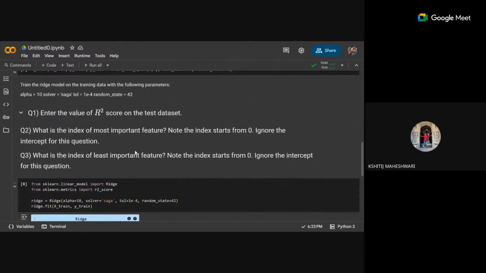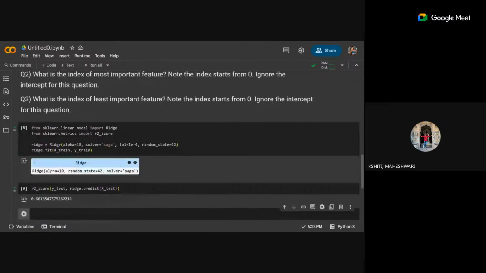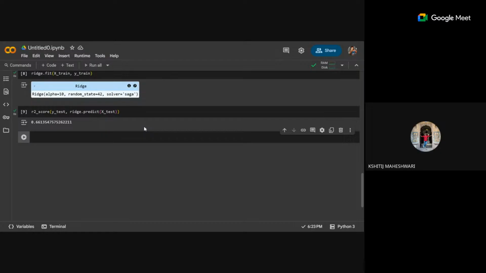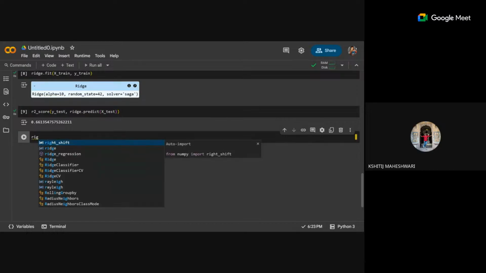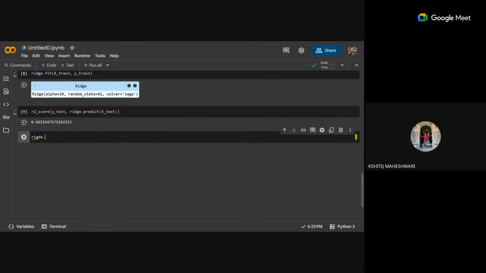The next question says to tell the index of the most important feature. Note that the index starts from 0 and ignore the intercept. Intercept is to be ignored for both of the follow-up questions. For a regression model, all of us know that the final product is the coefficient values corresponding to each feature that we have. To extract those coefficient values, I can use the attribute associated with the rich model. So rich dot coef, if you write this,